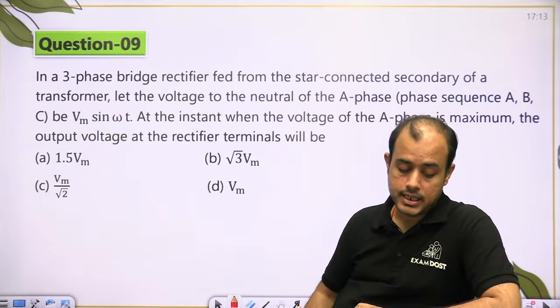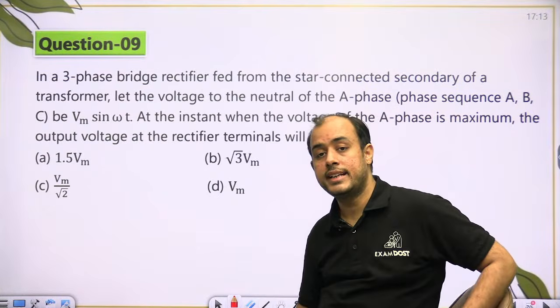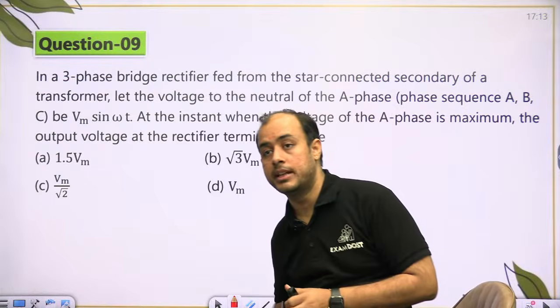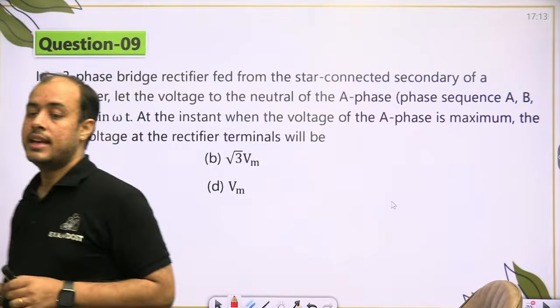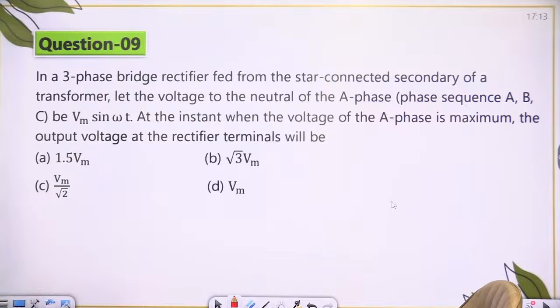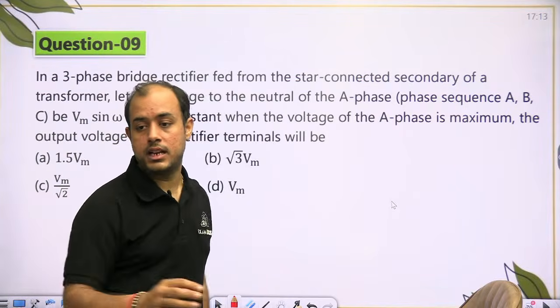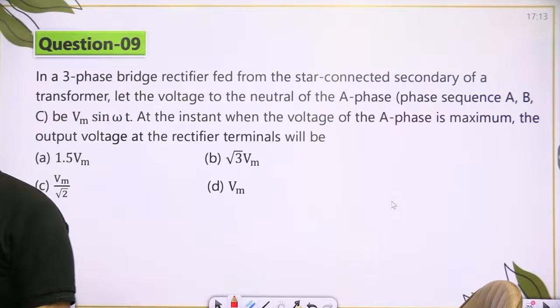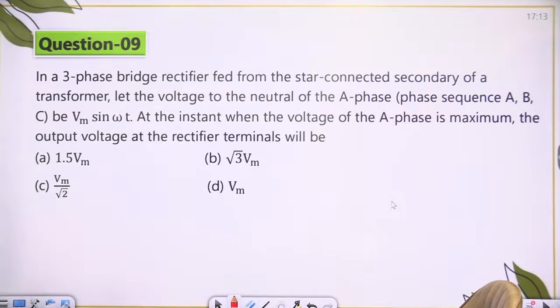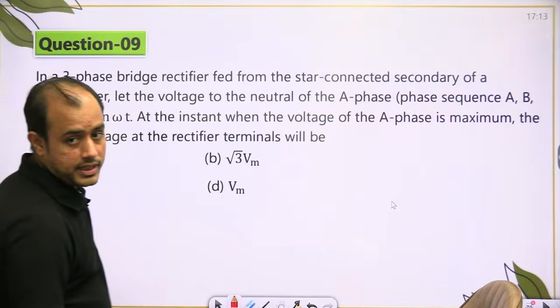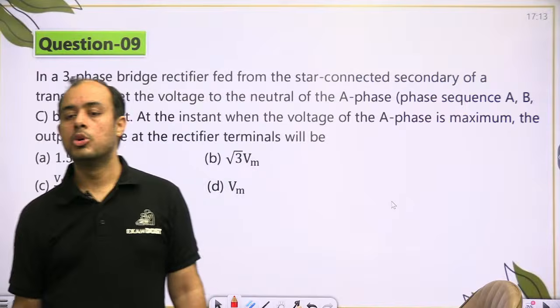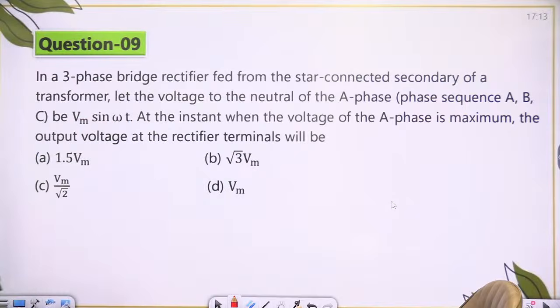Next try this बेटा। The output voltage at the rectifier terminals when the voltage of A phase is maximum। जब A phase का वोल्टेज पीक पे होता है, उस समय आउटपुट पे कितना वोल्टेज आएगा। तो बेसिकली आई एम आस्किंग यू द इंस्टेंटेनियस वैल्यू, यानी कि वेव फॉर्म का उस मोमेंट पे वैल्यू मांग रहा हूं जहां पे आपका ए फेज का वोल्टेज मैक्सिमम है। करिए।